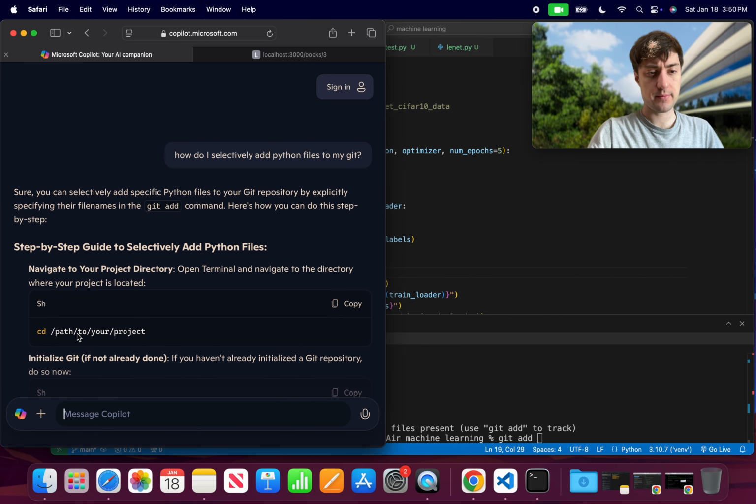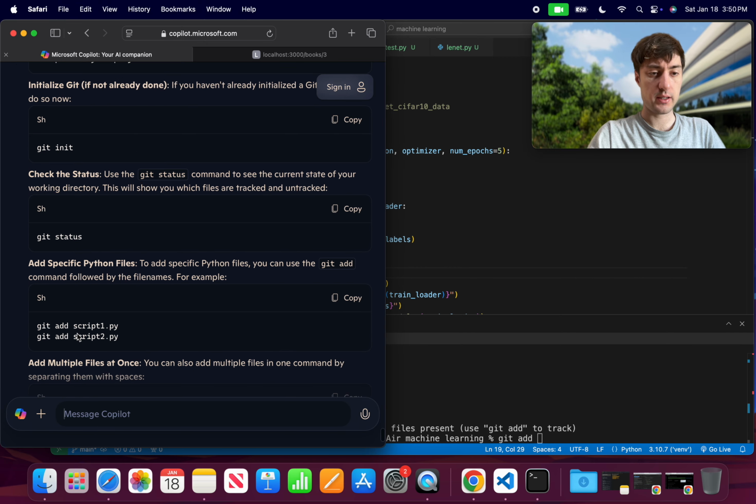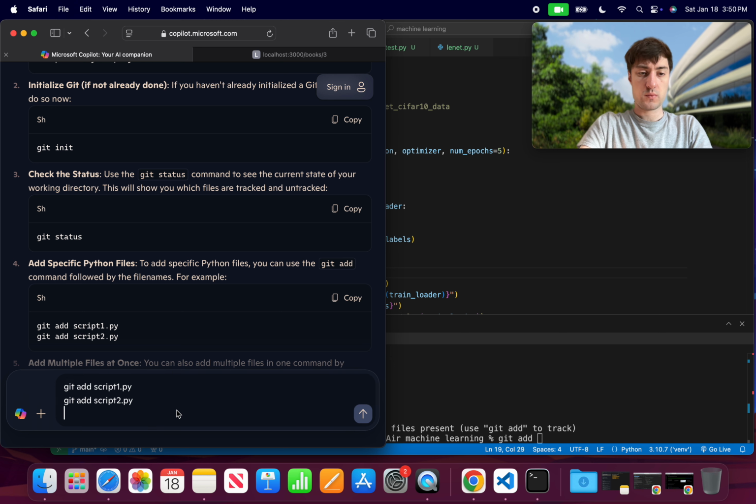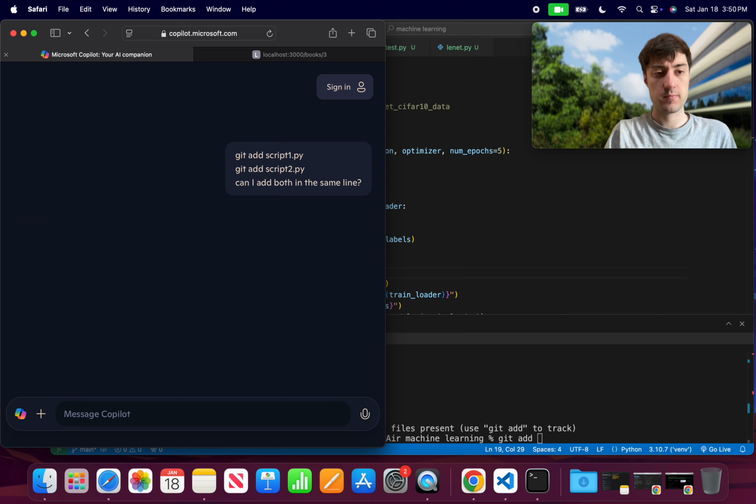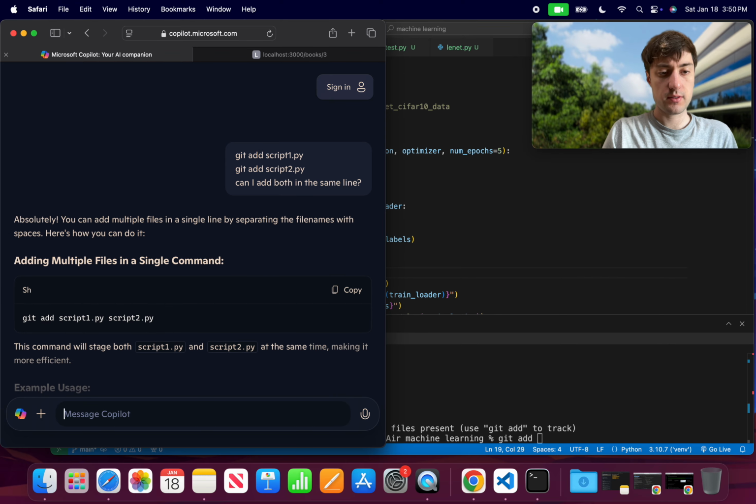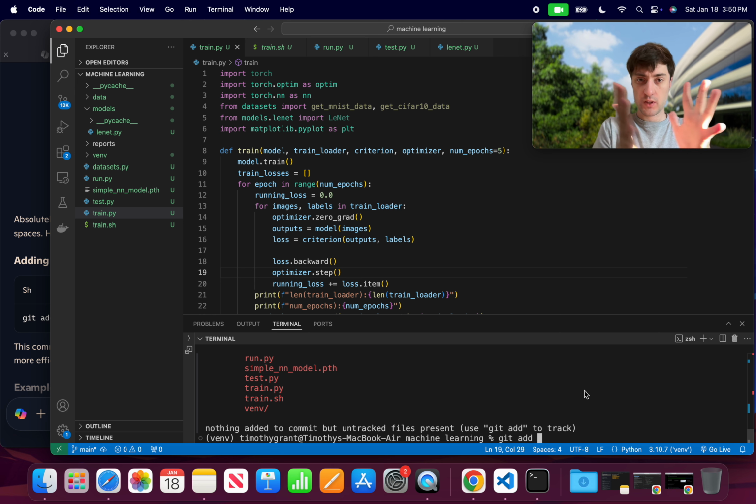So git add, git init, git status, add. Can I add both in the same line? Absolutely. Here we go. Add, and then it's just a space, so there's no comma or something. So git add run.py